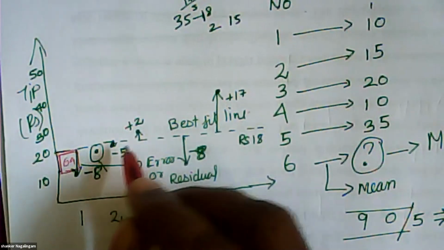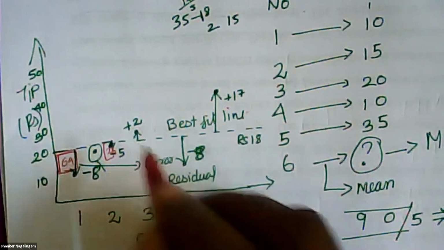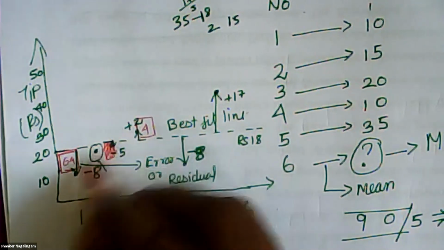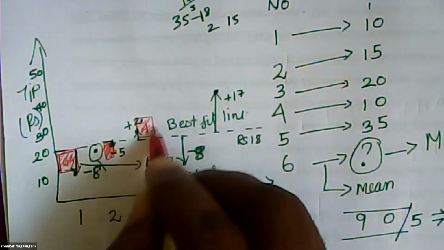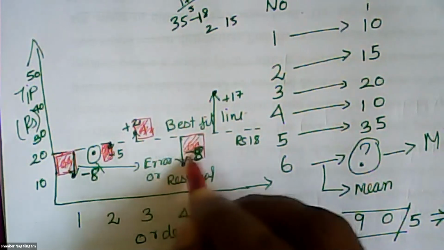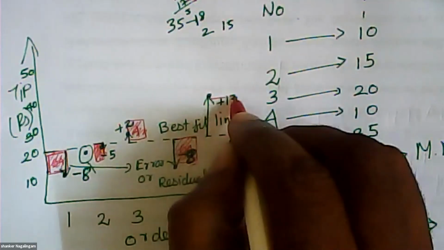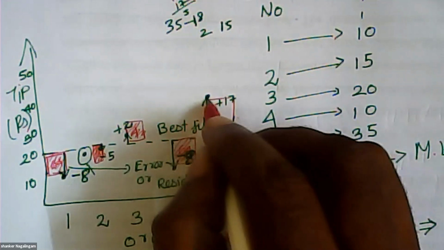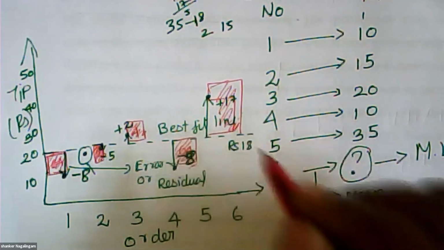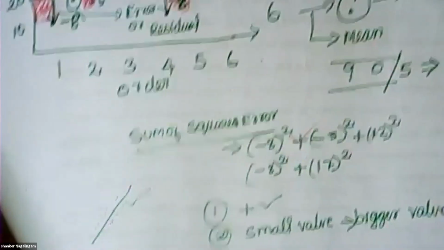Similarly, if I go for this 5, the square comes like this, 25. And this square is about 4. Now I think you can understand why this square is coming up. Once again, this square is about 64. Now you have your 17 square. If you make 17 square, the size will be bigger. Now, if I mark these values in terms of squares, I can say like this: